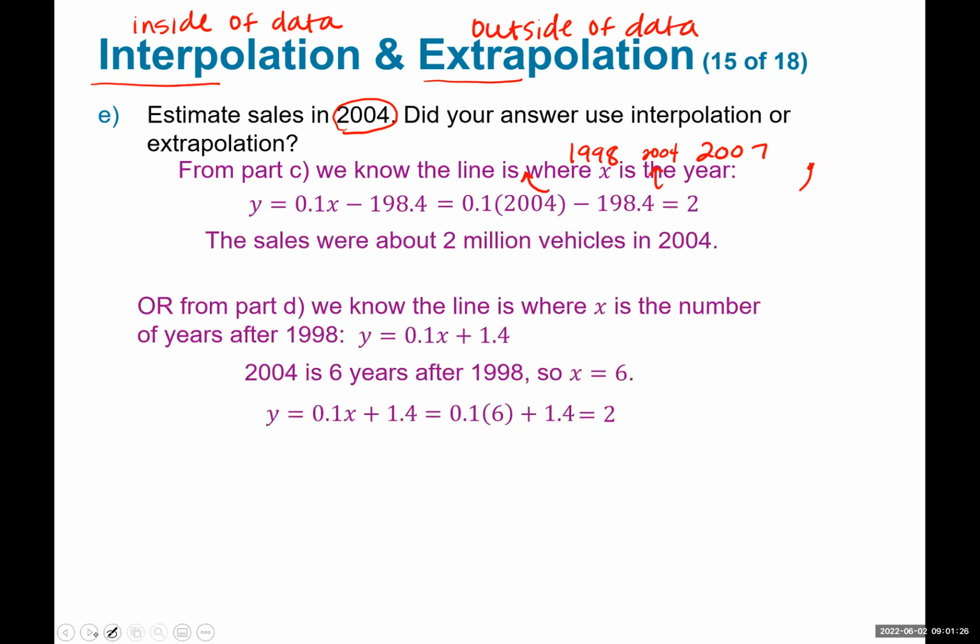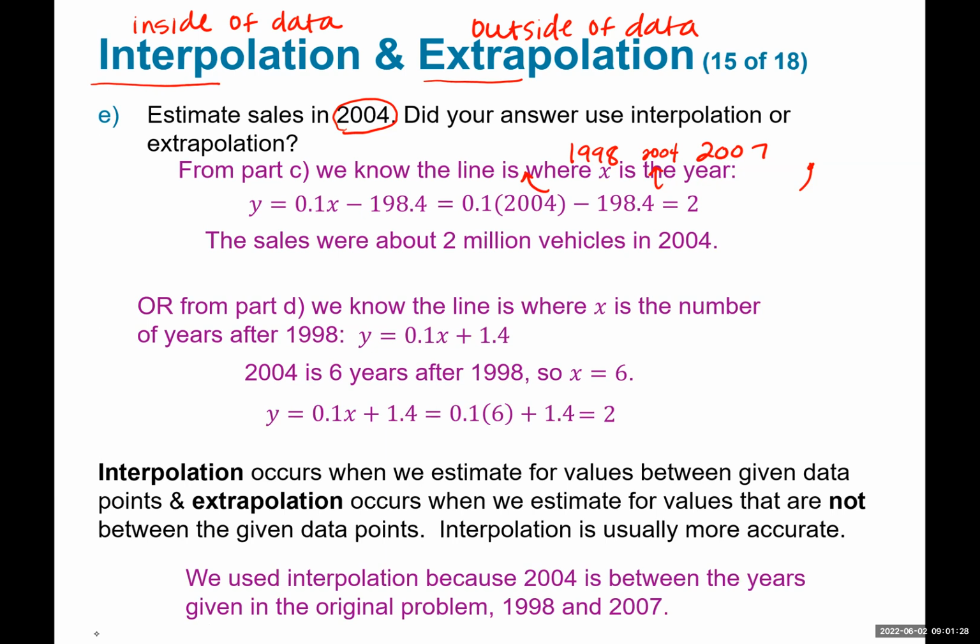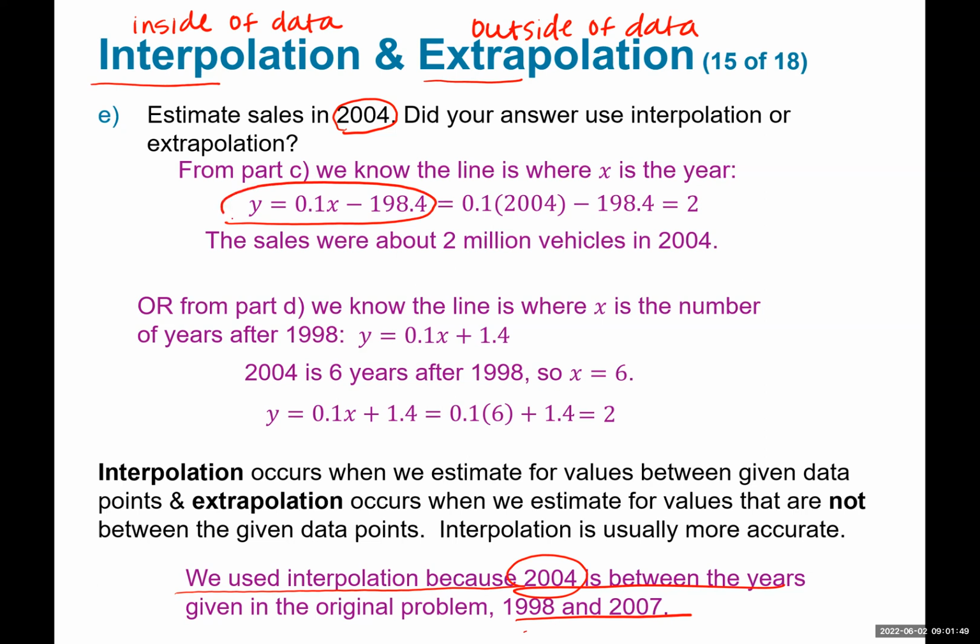Okay, so this is called interpolation because 2004 is between the years that we're given. If you want to do it from the first formula, you could just substitute 2004 into this equation because x was just the year. So if we do that, we get 2 million